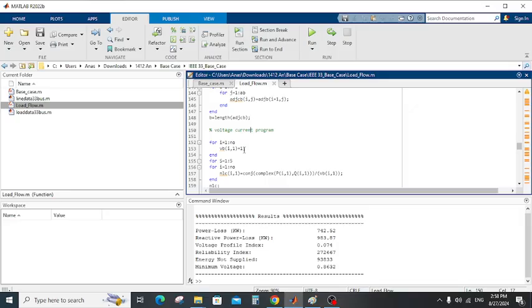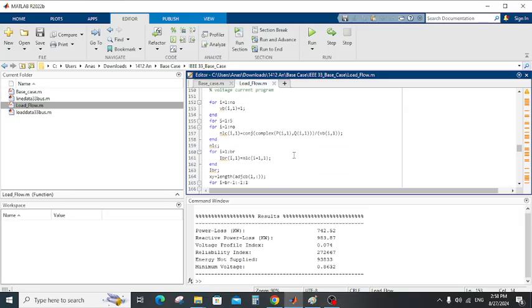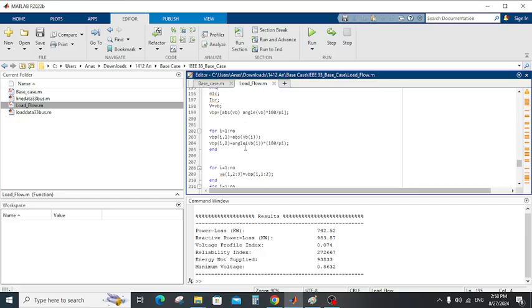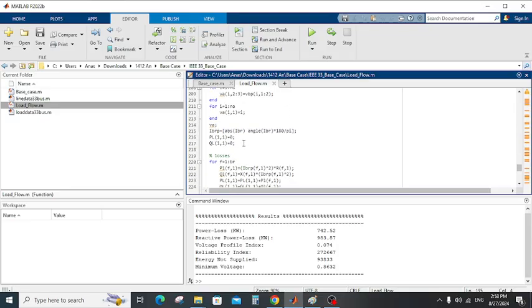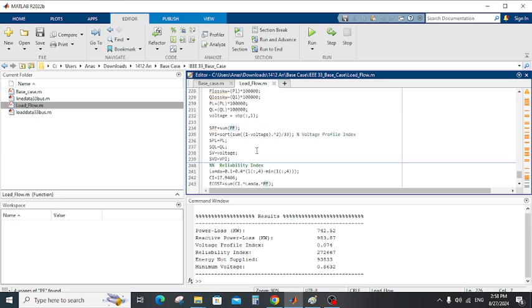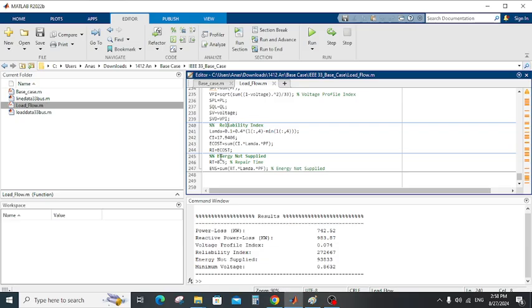First thing, we assumed the voltage for each bus is 1, and then calculated the branch current, and after we calculated the branch current, we went back to calculate the voltage of each bus, and repeated this process 10 times. After that we get the voltage and the branch current for the network, and then calculated the losses, reactive power losses, real power losses, voltage stability index, power flow, and also the reliability index and energy not supplied, and then output them for the load flow in the base case